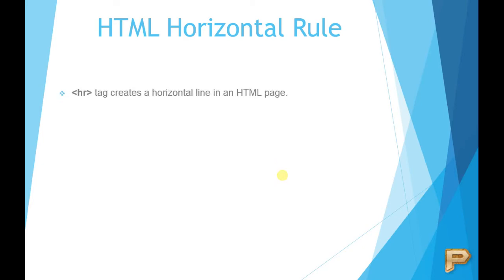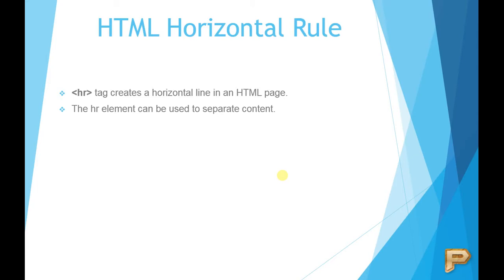So let's see. This is the tag. The HR tag creates a horizontal line in an HTML page. So if you want an HR line, or simply a line, in your website, you can use this tag. HR means the horizontal tag to display that line. And the second point says that the HR element is the tag that can be used to separate content. Any kind of content, if you want to separate it in your website, you can do it clearly by using this HR tag.